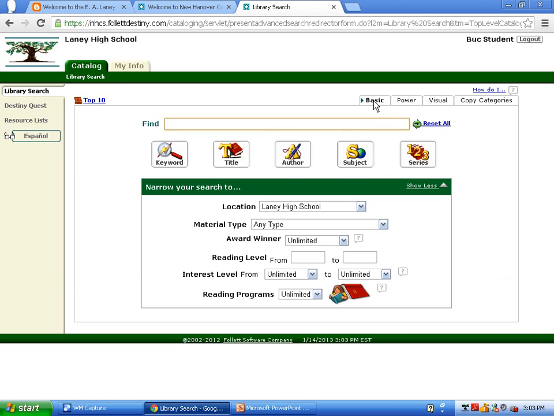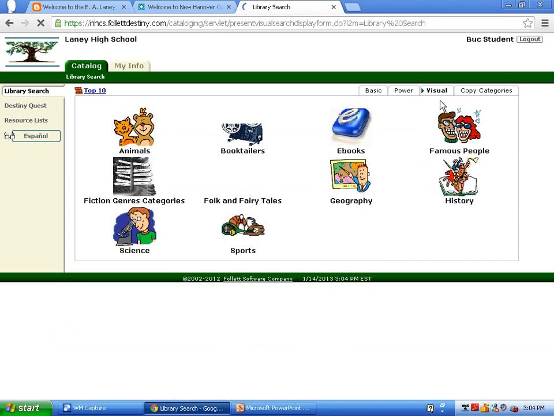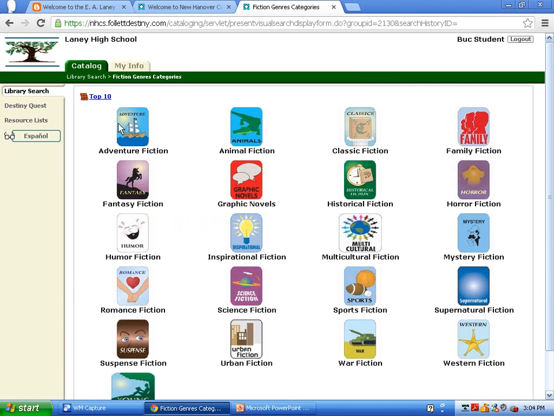We can do a basic search, a power search, a visual search, and then we also can look at different categories. Now, one of the things that we have accessible at the Laney Library is a series of visual searches that makes the information a little bit easier. If we click on the Visual Search icon or tab, we have these nice categories created. One of the things students like to learn about are different genre categories. If we click on Fiction genre categories,